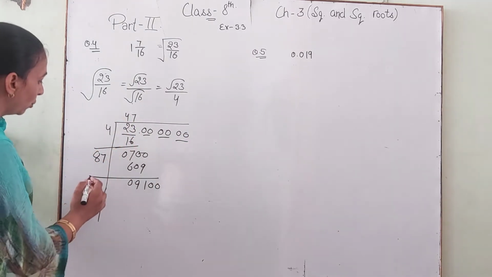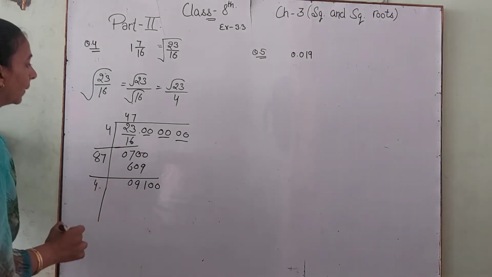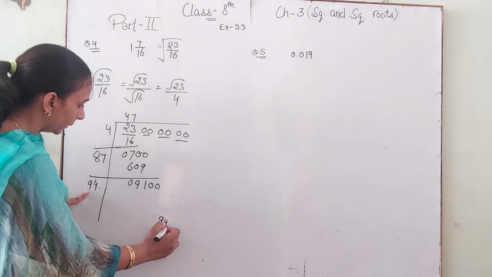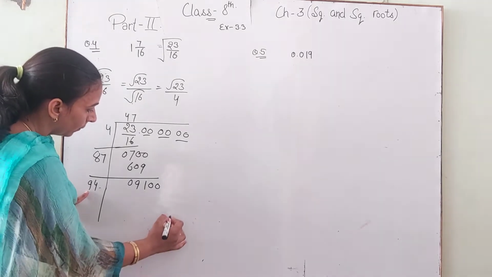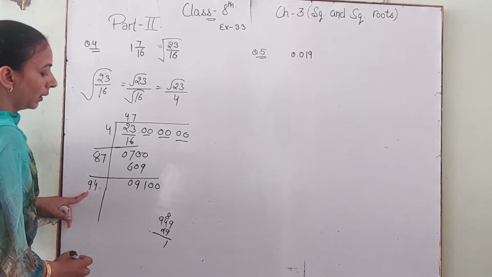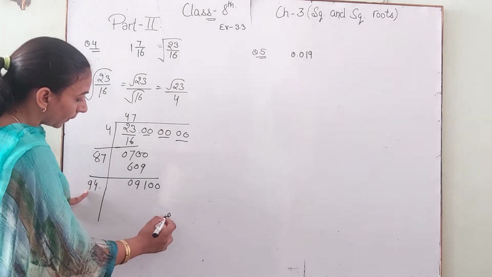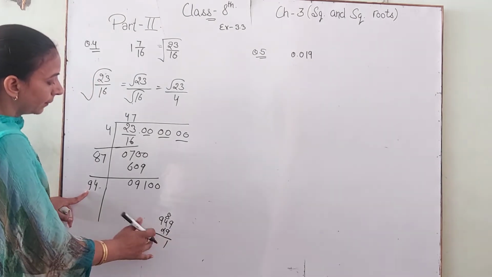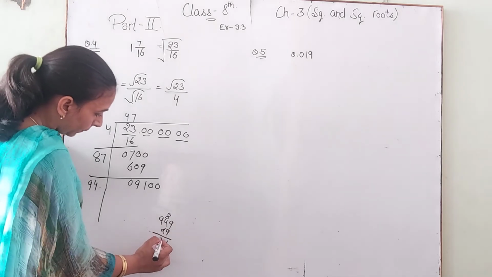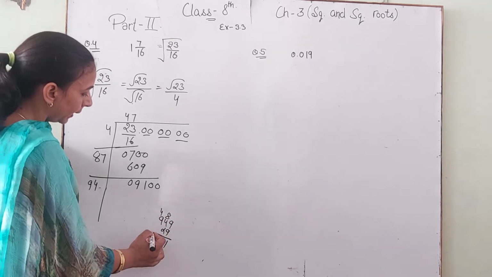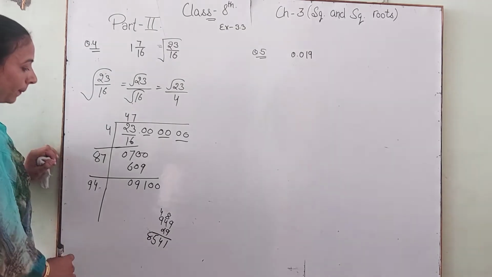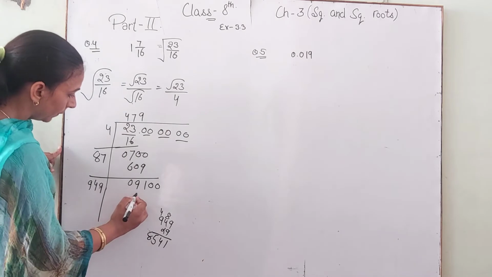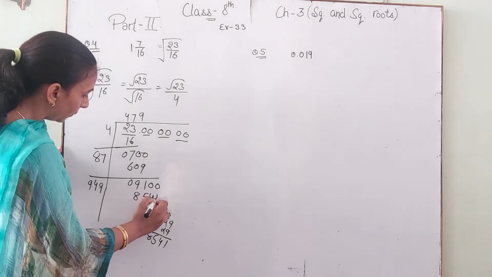Then 47: 2 sevens are 14, 1, 4 to 8 and 9. Okay, now you check. Then 9 ones are 9, 9 fours are 36, 42, 36, 40 and 8, 44, 9 nines are 81, 85. Okay, you take 9, 9, 8, 5, 4, 1.